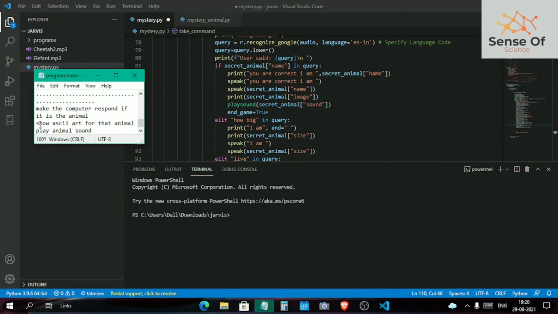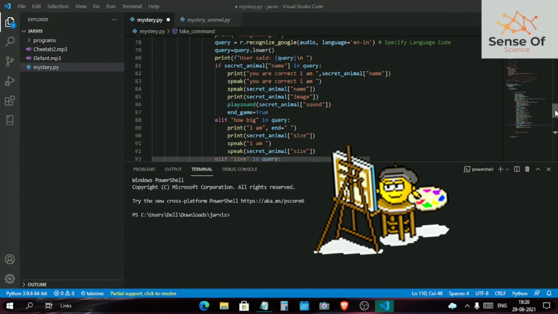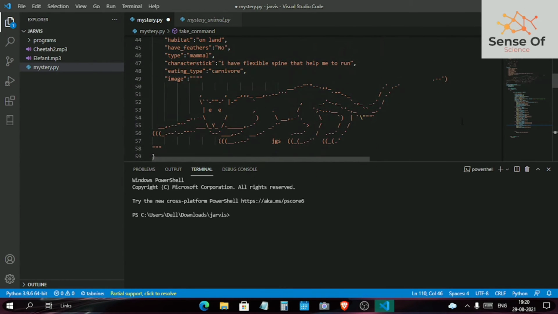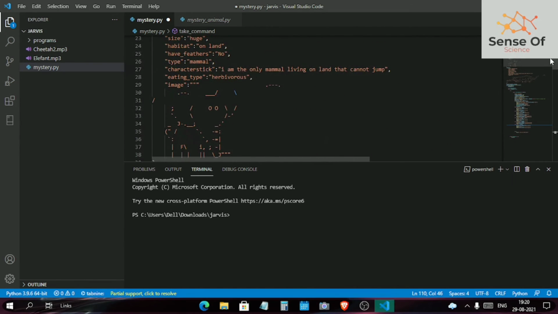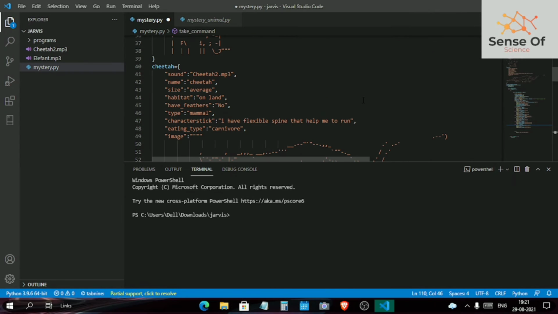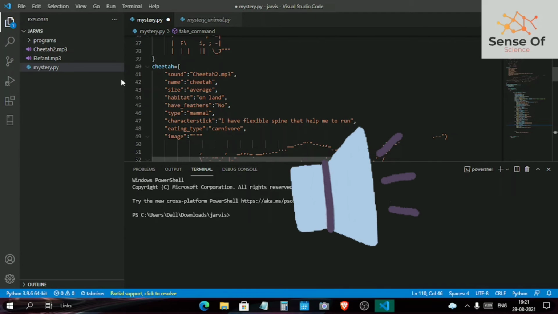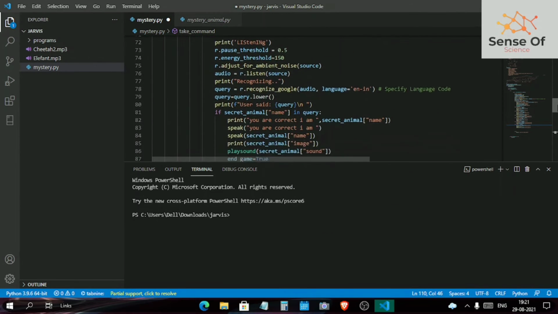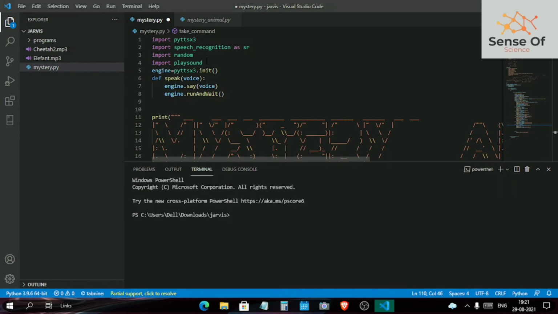That was to show the ASCII art for that animal, which I have already defined in here and in here, and just showed that ASCII art for the selected animal. And also I had already defined the sound of these animals, which I have downloaded from the internet, and just played them in this if block using the playsound module.